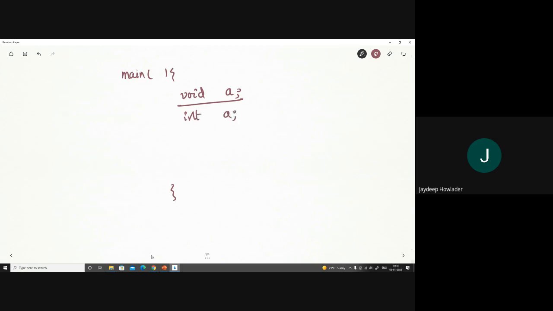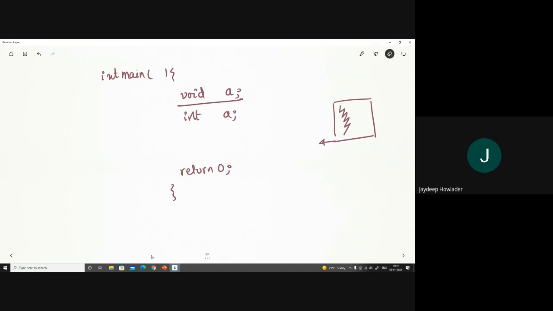So what is the use of void? Void is basically used when a program, or main, returns. Whenever a program runs, at the end it should return something. The main also returns something. Every subroutine returns something. When it returns, I may specify that it returns an integer, such that at the end I write return 0. That means when the main terminates, when the program of main is executed, it returns an integer value to the calling function or to the operating system.